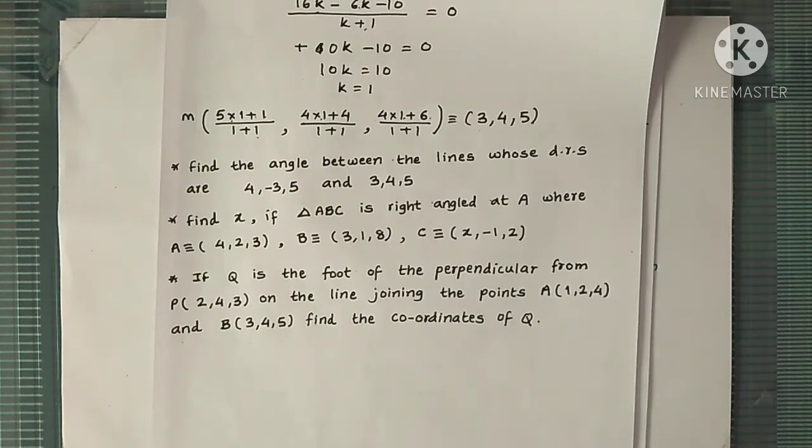And next one is if Q is the foot of the perpendicular from the point P on the line joining the points A and B, find the coordinates of Q. Now point Q lies on AB, so Q divides AB in some ratio k:1. So use the section formula to find the coordinates of Q. Then find direction ratios of PQ and AB, and for those direction ratios again we have A1 A2 plus B1 B2 plus C1 C2 equals 0, as these two lines are perpendicular to each other. So using this you can solve these 3 questions very easily. So solve these 3 questions.